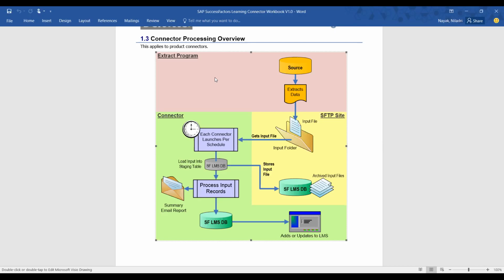No, I'll not be able to do the demo, because I don't have an SFTP site for this preview system. I have my own SFTP site. So I'll be showing where it is done and how the program runs, because in the T1 system, whatever access I have, they don't have any SFTP site. They have not shared the SFTP site, only the instance. So I'll be showing in my system where exactly it is done and how the program runs.